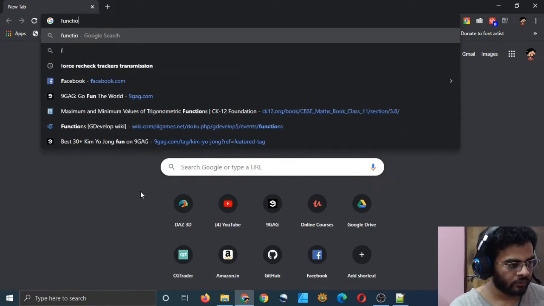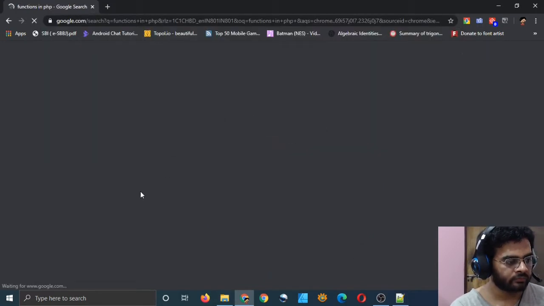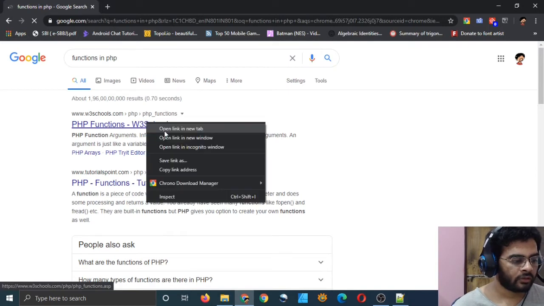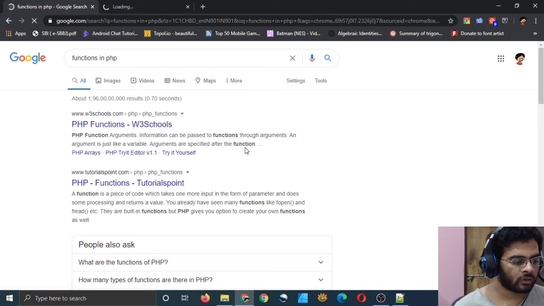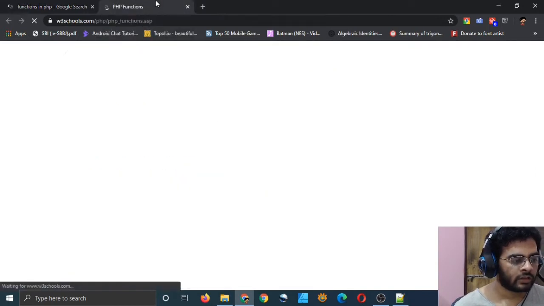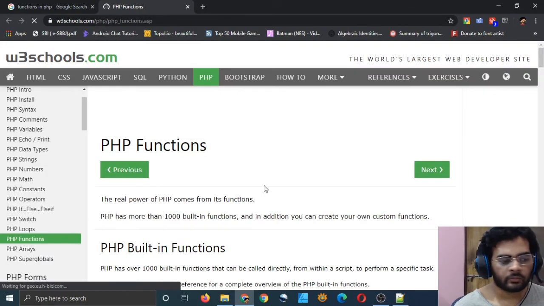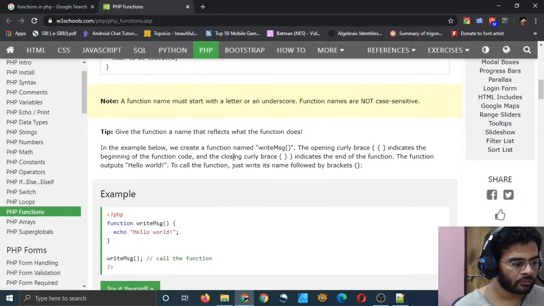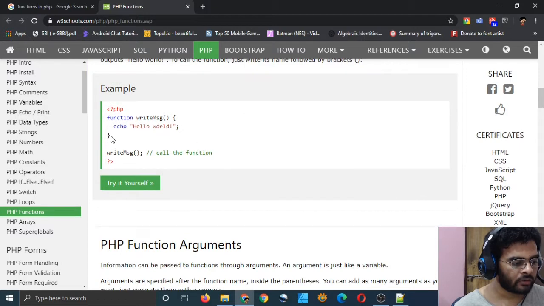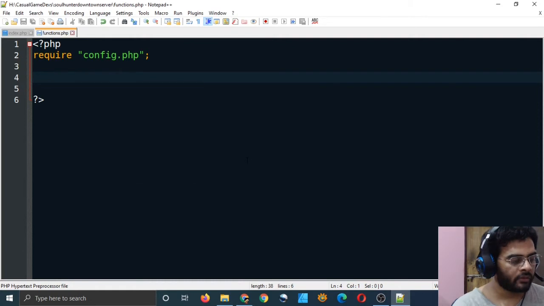So let's see functions in PHP functions. So I will open w3schools.com and it will take me to tutorial something. So I can write them this way: function, write message, and hello world. That's good. Let me write. That's very simple.